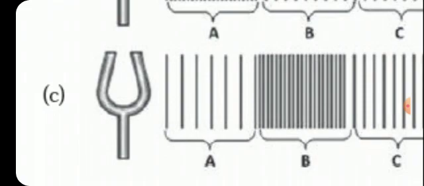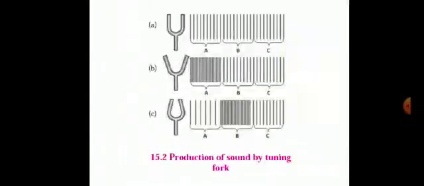These sound waves reach our ear and the eardrum vibrates. Accordingly, specific signals reach the brain and we get a sense of hearing a sound. Is it clear, children? How sound is detected by our ears?